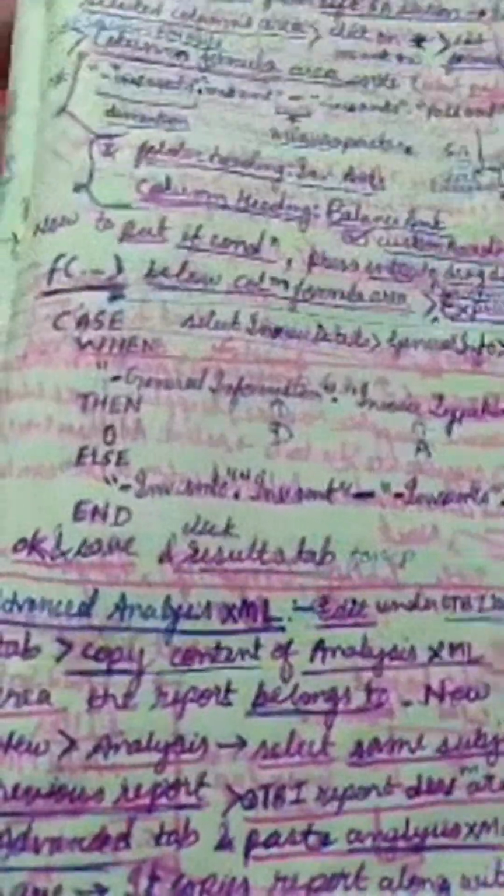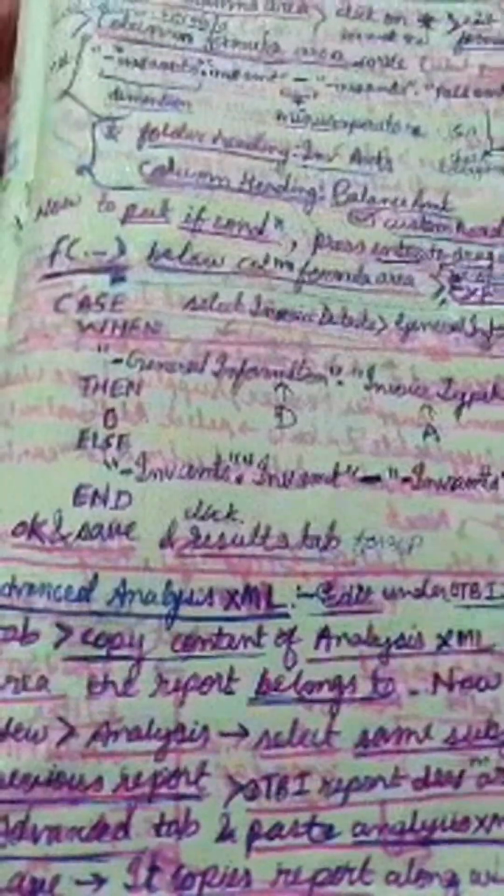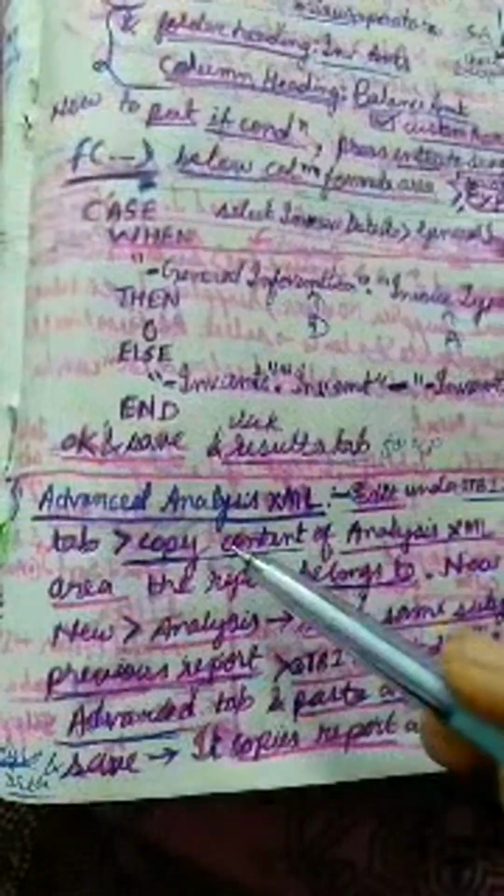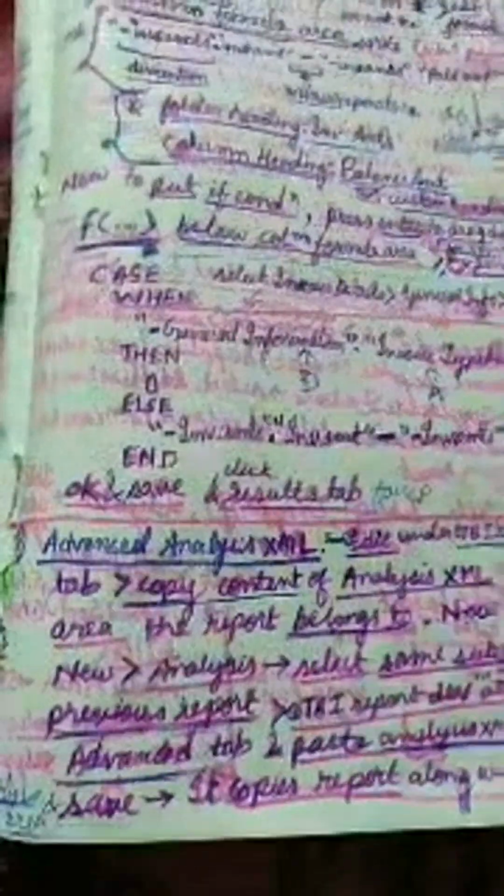duplicated in another report, along with all the conditioning or filtering whatever we have done, like formula columns or conditional formatting or table or column prompts, if I want everything, then the advanced tab has 2 things, analysis XML and SQL issued. So we copy the entire data present in the analysis XML section, and we create another OTBI report, another analysis, and we paste in the same section